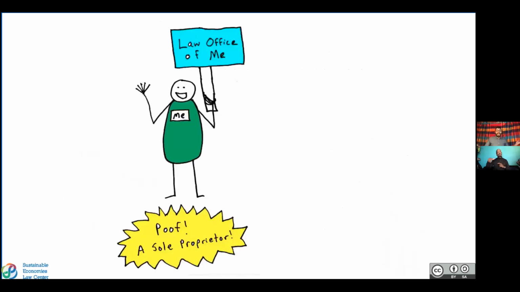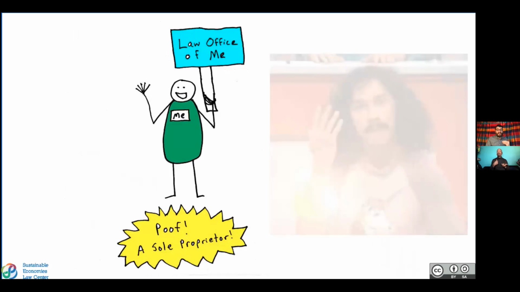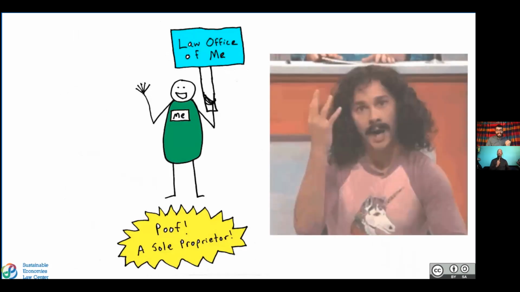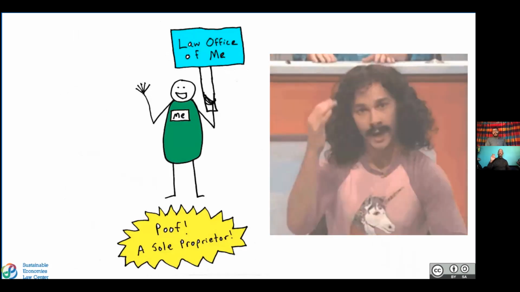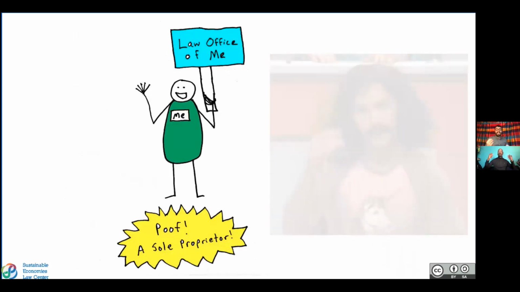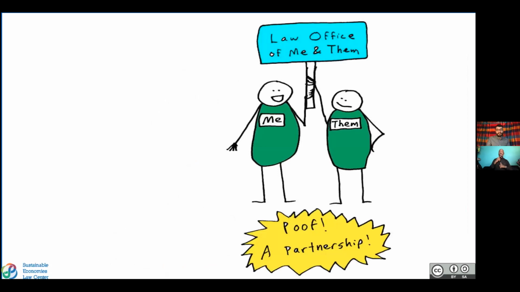So let's start with the basics of entities. If I start selling goods or services, like take a client and charge them money, then I will instantly become a sole proprietor. Poof, magic. You're an entity. And you don't even have to lift a finger to form this type of entity. It is automatic. Once you start operating like a business, the state of California is going to look at your activities and they're going to say, you're a sole proprietor.